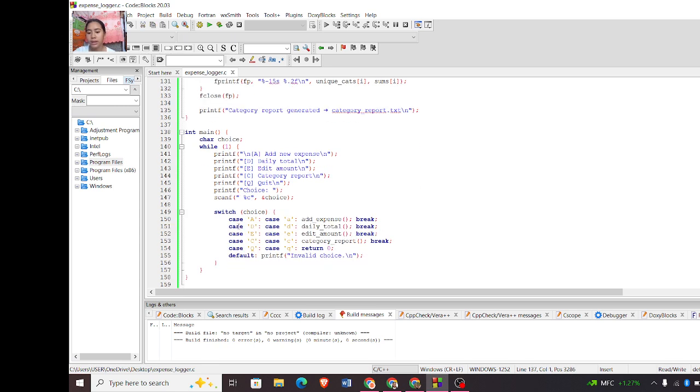So here, the last part, the menu user interface. From int main to scanf choice, it shows the user menu and waits for input. scanf with %c reads the character input, and switch(choice) handles the selected action, case insensitive. It ends the program when the choice is Q or small letter q.